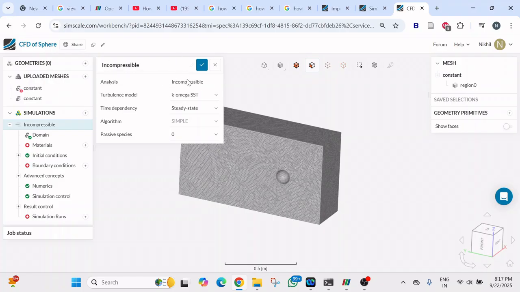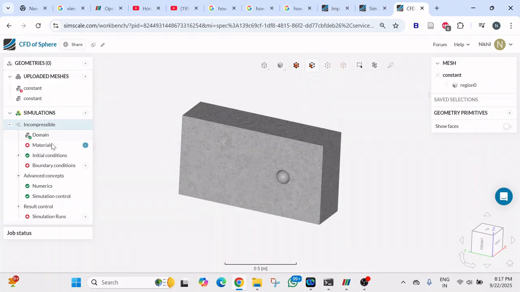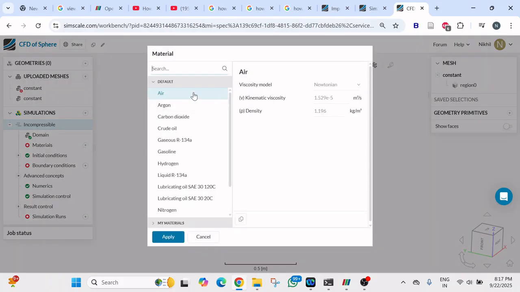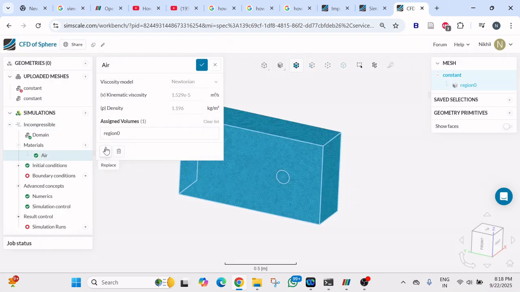And now we are selecting the incompressible fluid flow simulation using Simscale, and the turbulence model is k-omega SST, and time dependency is steady state. And I will select the material as air, and I will click on apply. And this is the region. Automatically the system is going to give us the default density and kinematic viscosity of air. We will use the default values,